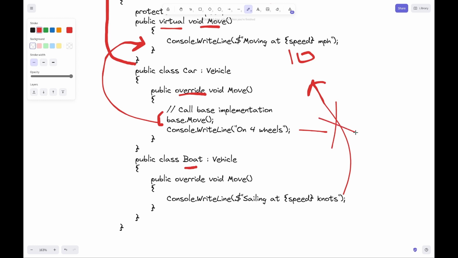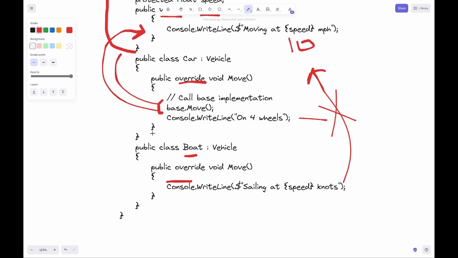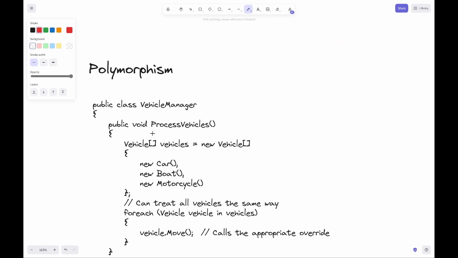The reason for that is because we have not included here base.move. So if we want to also execute the base class's function, then we must include base dot and the function name. Another unique thing about inheritance is that its objects or child classes are polymorphic, which basically means that